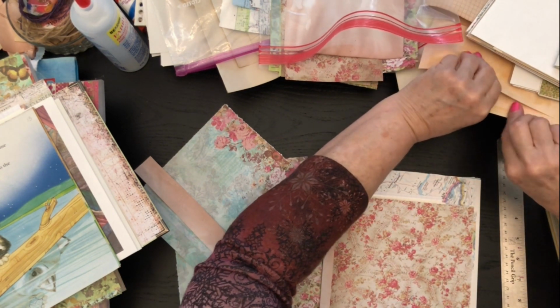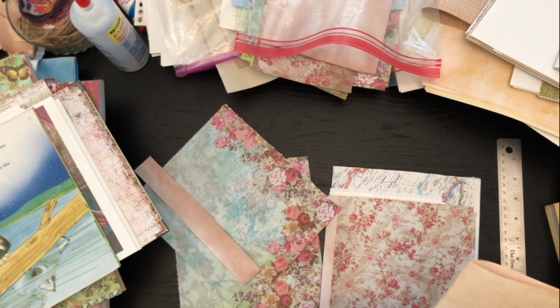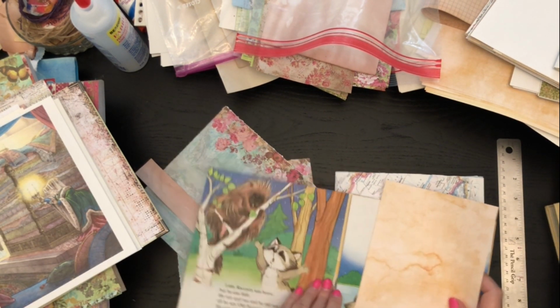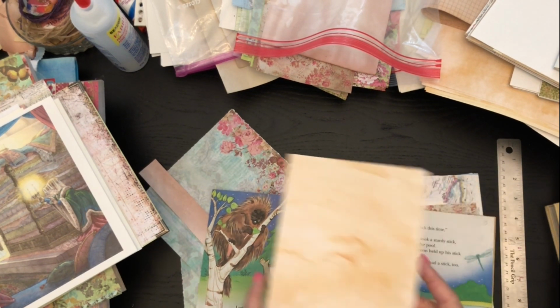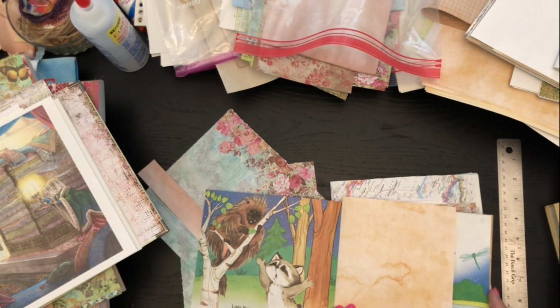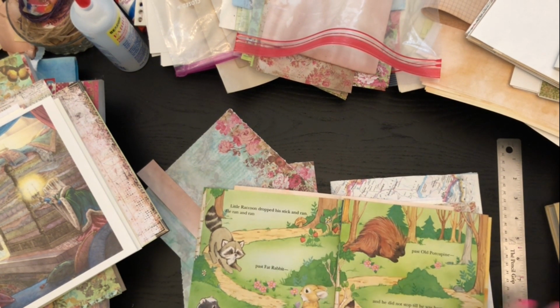So we can fold some coffee dyed paper into this one and see where I have. I know my desk just looks like a bomb went off. And you know, you feel like everything has to be trimmed and everything has to work out. And you know, it just, in the end it does, but